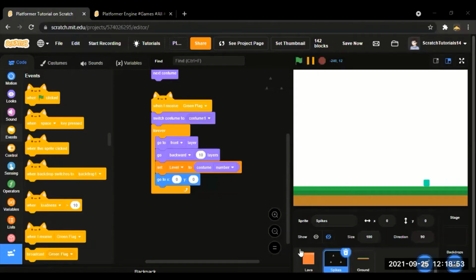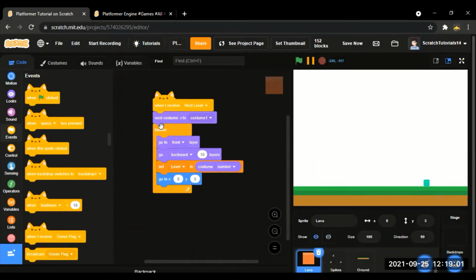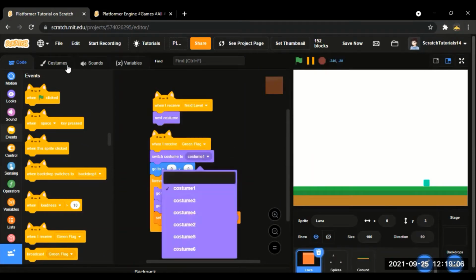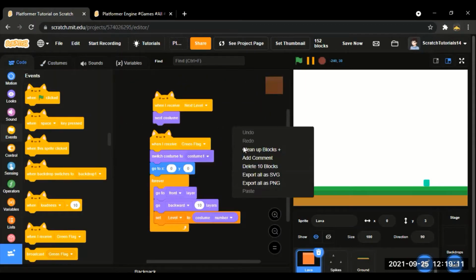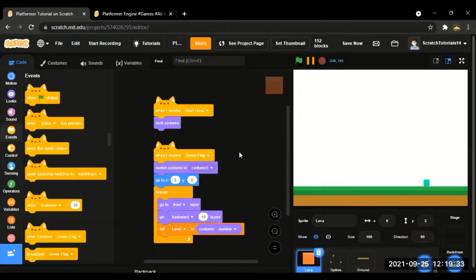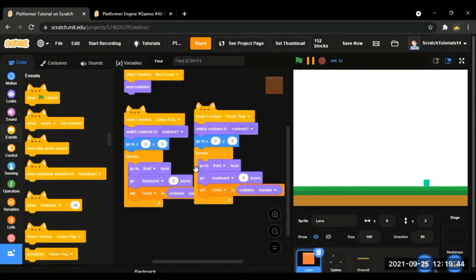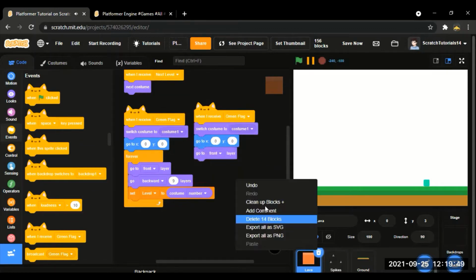Now let's add these scripts over here in the lava too. However, for the lava it will be a bit different. It will be like this. Its costume is starting with one costume. It will go backward 9 layers instead of 10, and then we will duplicate this, add these two things here. Now this, because lava will not just stay there,